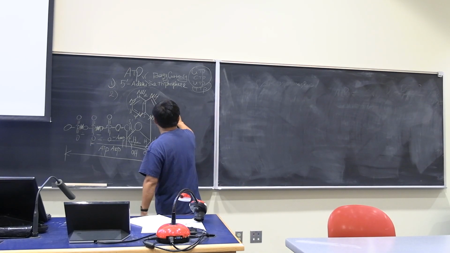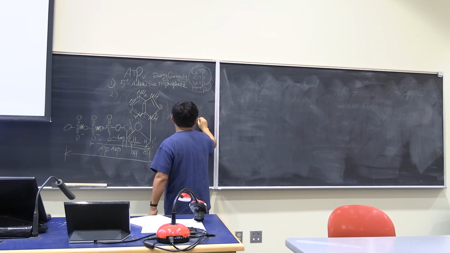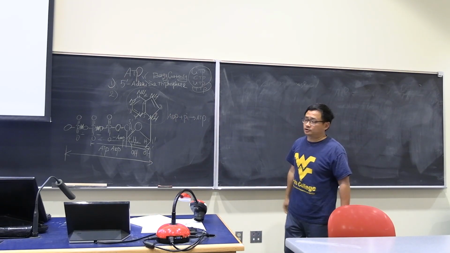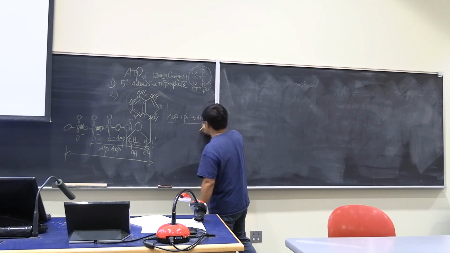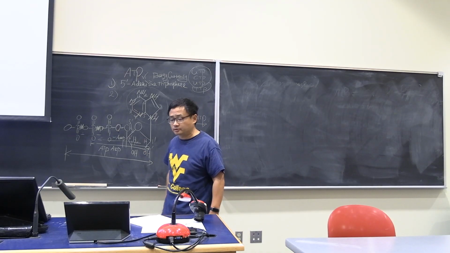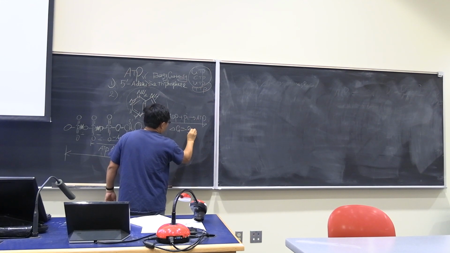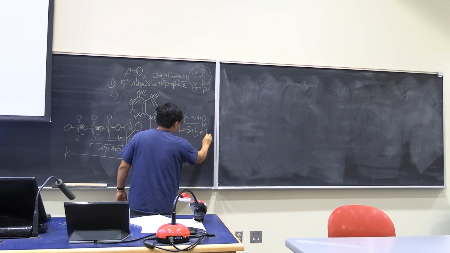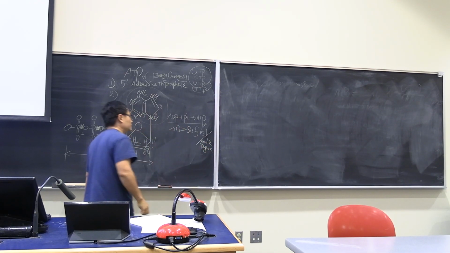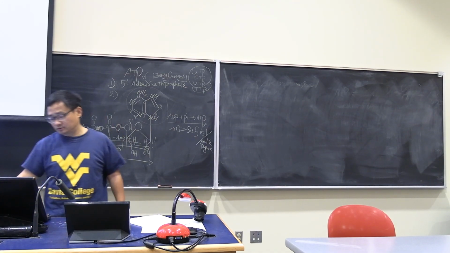The formula is very simple. You know, ADP plus another phosphate becomes ATP. If we want to talk about the energy, this is not spontaneous. And the other direction is spontaneous, happening during the catabolism process. What is the delta G? Minus 30.5. That's how much energy is needed for ATP to be created.